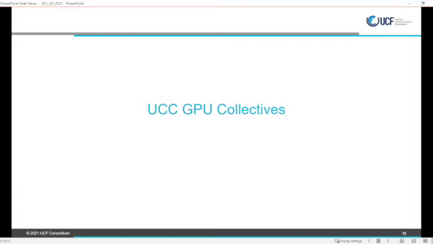Yes, I have a question. Do you have some sort of fast path for the latency critical collectives? Like you showed an all reduce running with 4 bytes, but at quite a big scale. And I think if it were at a much smaller scale, the overhead brought by this hierarchical infrastructure could be too significant, right?